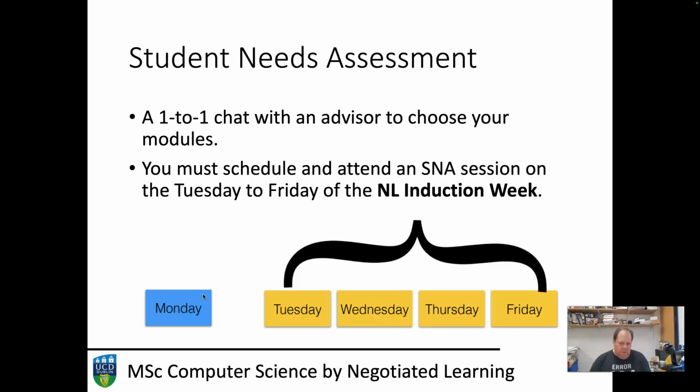You can swap out a module in the first 2 weeks of the semester. So none of these choices are binding. None of these choices are fixed. These are just an initial set of choices that you make that you think you want to do when you're on the program. Okay? What's going to happen is in the NL Induction Week, you're going to have a meeting